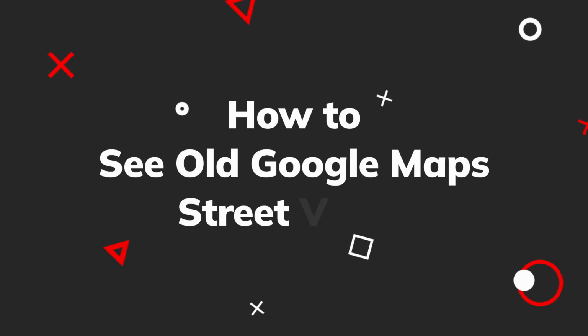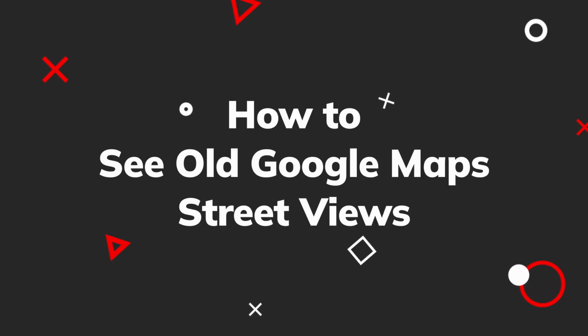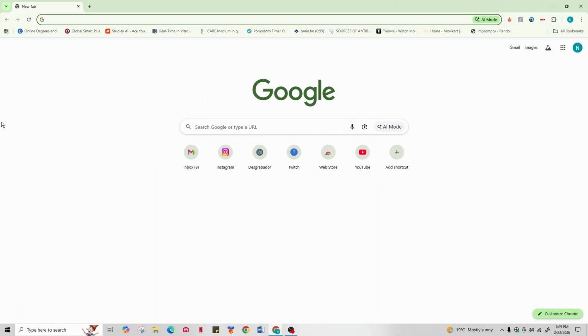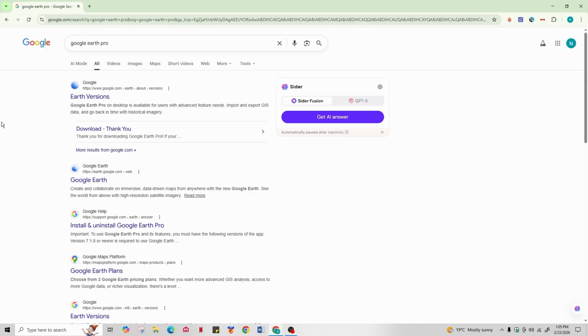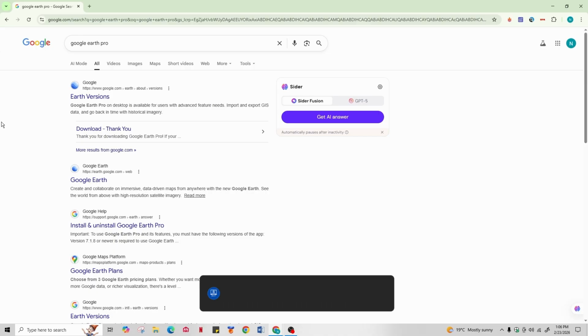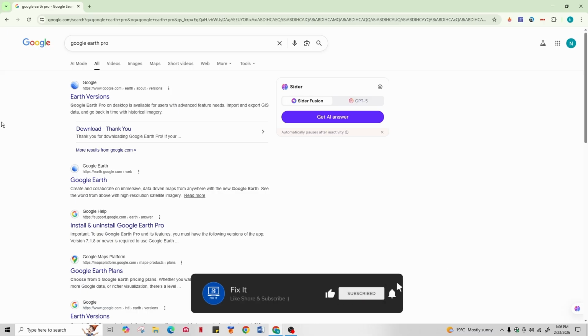Here's how to view old Google satellite images. The best way is to use the Google Earth Pro. It's similar to Google Maps but designed for exploring the Earth. While there is an online version of Google Earth, it may not allow you to change the date to view